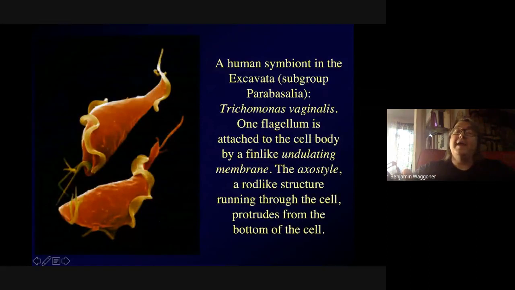So there's a human symbiont. This is Trichomonas vaginalis. This is a human commensal that in low numbers doesn't seem to cause problems. In large numbers, it can cause a vaginal infection that's not particularly dangerous, but from what I've seen is kind of miserable. I used to see these guys on a fairly regular basis